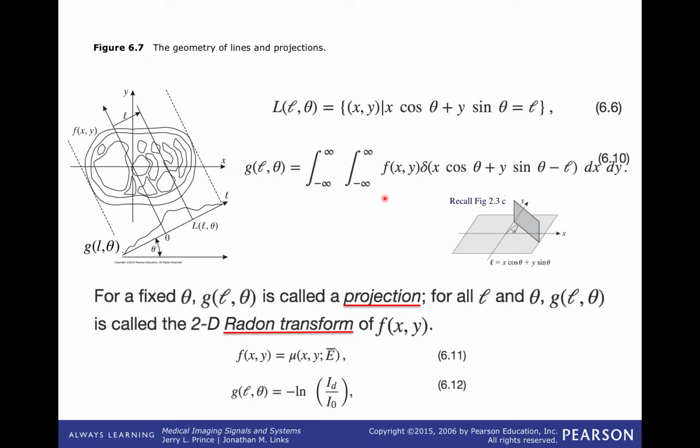And mathematically, when you ask, well, what is g(L, theta) with respect to your original object, f(x, y)? And remember, in our problem here, I don't know why Princeton does it this way, but f(x, y) is mu(x, y). It's the linear attenuation coefficient as a function of position, but this is our function that we're getting projections through. And we multiply it